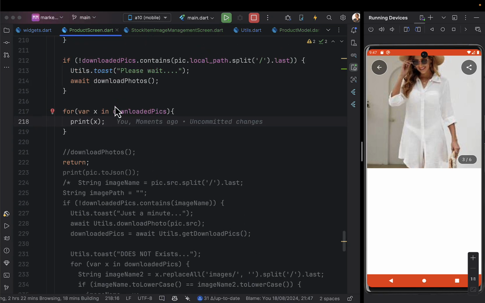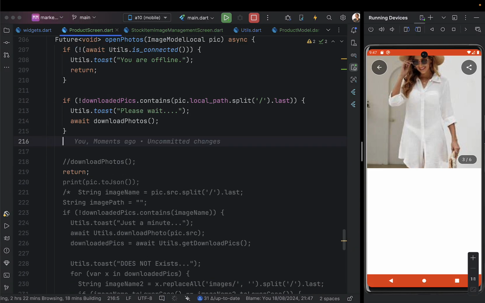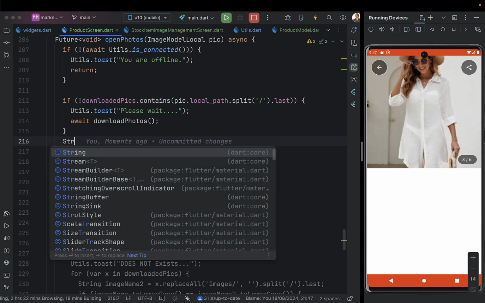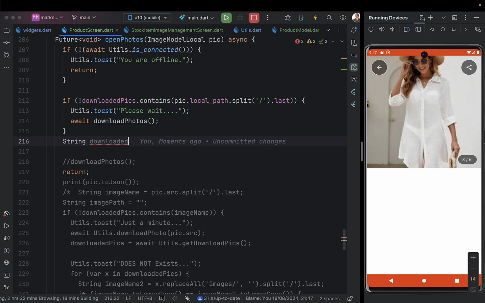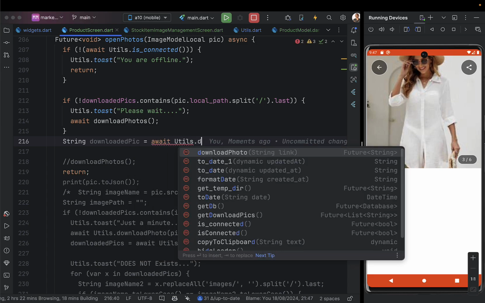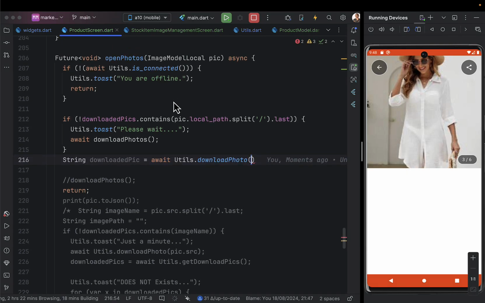That is fine. So what we're going to do right now is simply get the photo. If the photo is in the pics of photos that have been downloaded, it means that we don't need to download it again. Or you can simply say string downloaded pic path equals, then we say await utils not download, and then you put the link of the photo, which is